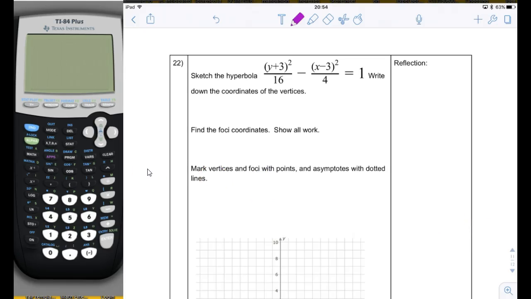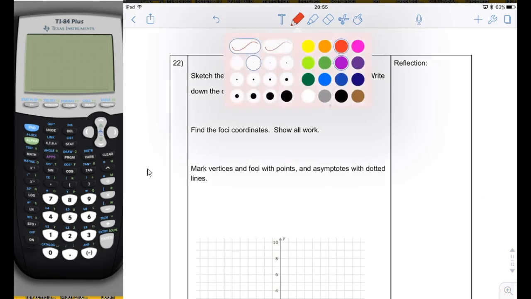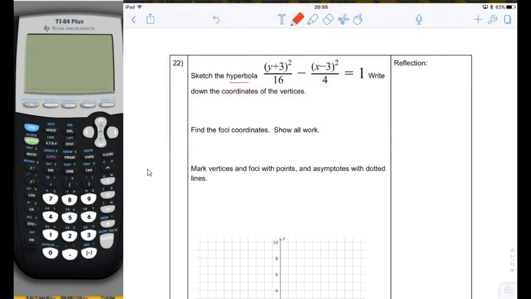Okay, the last two pages of the mock exam are a little boring for you probably because it's conics and we just did conics, okay? So, let's see. First, we're going to graph a hyperbola, and we just need to identify certain things about this